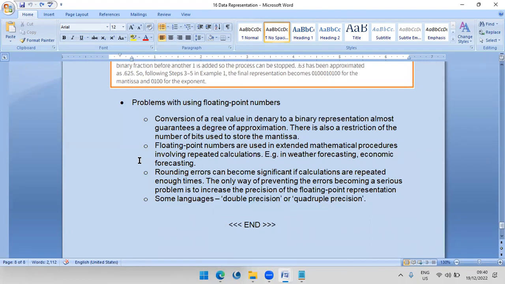There's a limitation. Floating point numbers are used in extended mathematical procedures involving repeated calculations. For example, in weather forecasting, economic forecasting. They are repeated ones. Then what happens? The errors get magnified. Very slight errors, when repeated, can result in big errors. Rounding errors can become significant if calculations are repeated enough times. The only way of preventing the errors becoming a serious problem is to increase the precision of the floating point